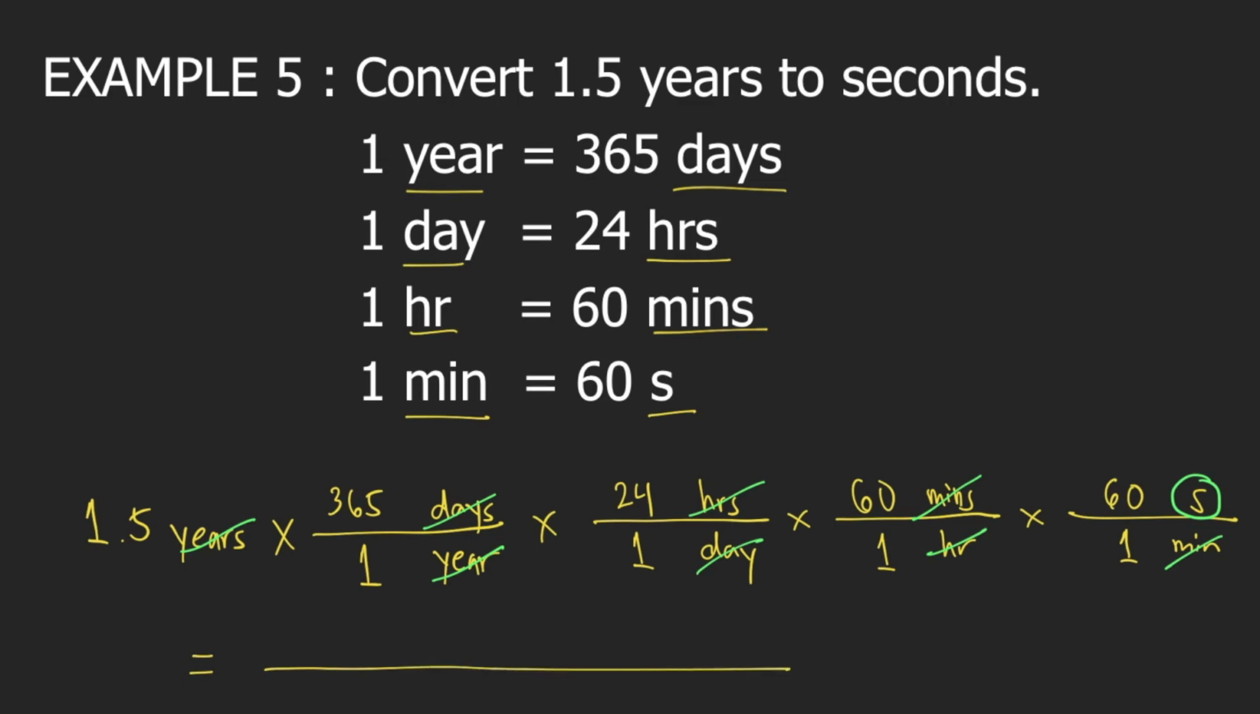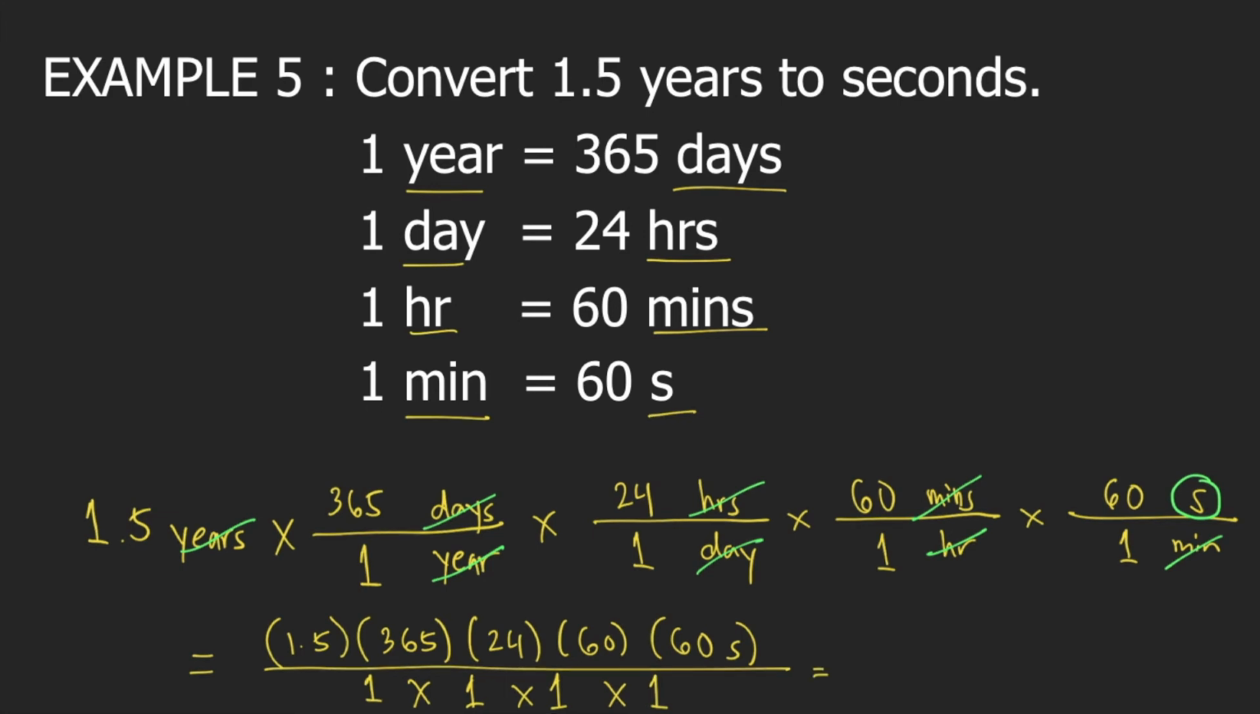So on top, we have 1.5 times 365 times 24 times 60 times 60 seconds. And on the bottom, we have 1 times 1 times 1 times 1. So 1.5 times 365 times 24 times 60 times 60 seconds, that is equal to